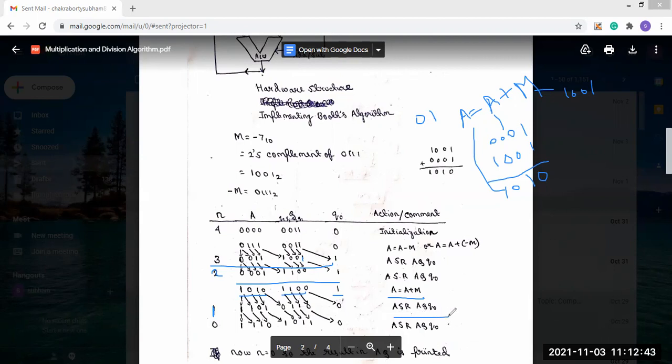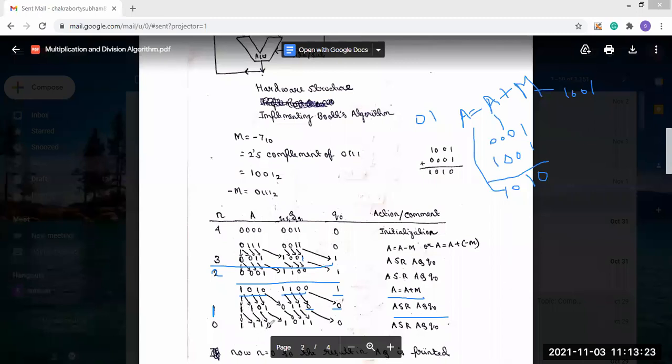So after doing this arithmetic shift operation, now you see in Q1 and Q0, both are 0. So both are 0 means we do not have to perform any accumulator addition or subtraction. We only directly shift it. So 0 0 means we will right shift again. Then this 0 is moved here, this 1 is moved here, this 1 is moved here, this 0 is moved here, this 1 is moved here, this 0 is moved here, this 1 is moved here, and this 1 is moved here, and the 1 is again restored.